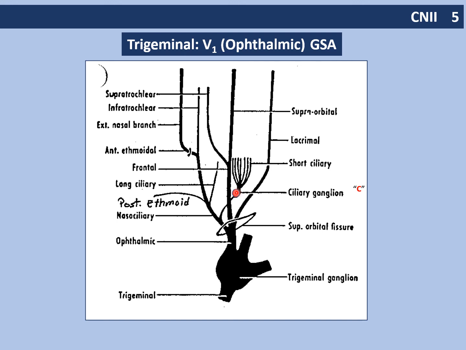We talked about the pterygopalatine ganglia in the pterygomaxillary fissure, in that space in the infratemporal fossa, and the otic ganglia was associated with the parotid gland, innervation of the parotid gland